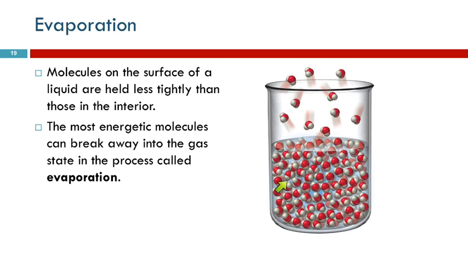So let's think about the process of evaporation. So here I have a beaker full of little Mickey Mouse head water molecules. And they're just swimming around next to each other. They have kinetic energy. If you have one with high kinetic energy, it's going to be able to break free from the attractions of the nearby molecules and go into the gas state. Once it's in the gas state, it's just going to travel in a straight line until it bumps into something. If something's traveling down and hits the surface, then it's going to get trapped again.